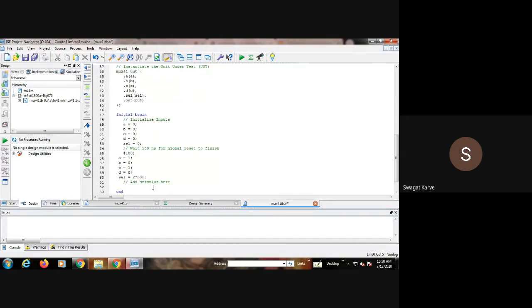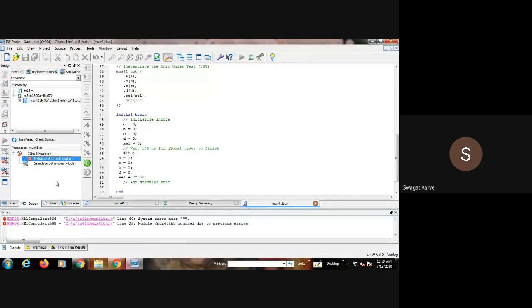Now again, we first have to check the syntax of this Verilog test bench code also. Now I will save this first. Then we have to select this behavioral syntax check.